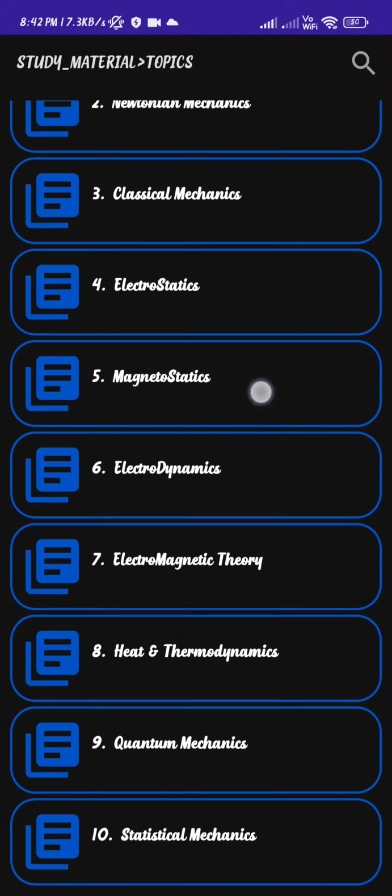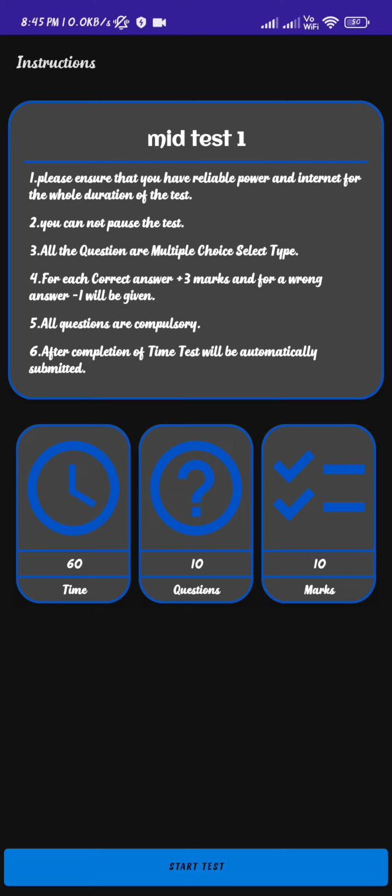For now, the key highlight of this app is the test. Here you can give the mock tests of the kind you will face in GATE, JAM, TOEFL like exams. If I click on this test, different tests will appear. From this I want to give the mid test. Okay, then I will click on mid test one. In this mid test you can see the time, number of questions, and marks. For each question you are getting I think 1 mark here. Okay, whatever it is, we will update it later. So these are only demos.